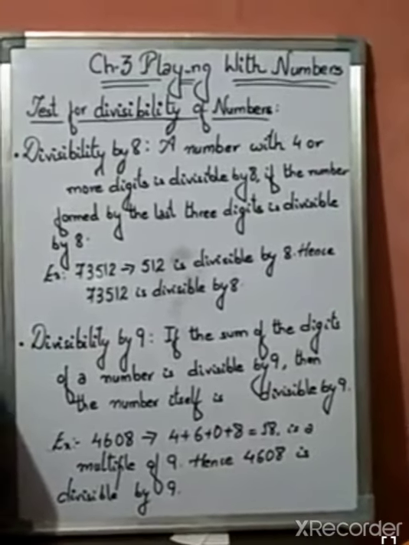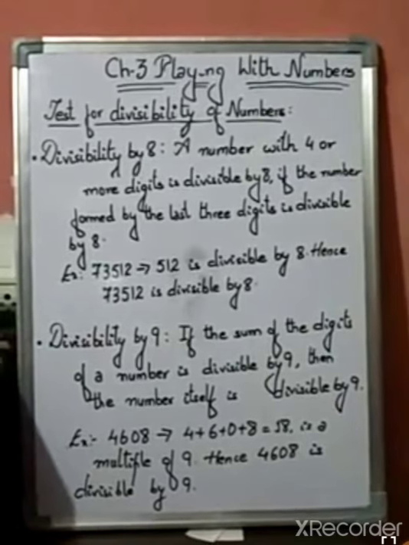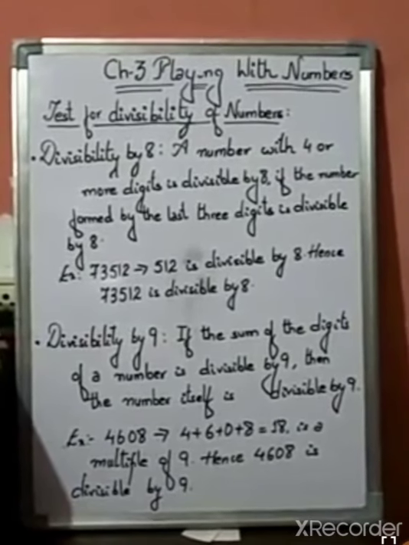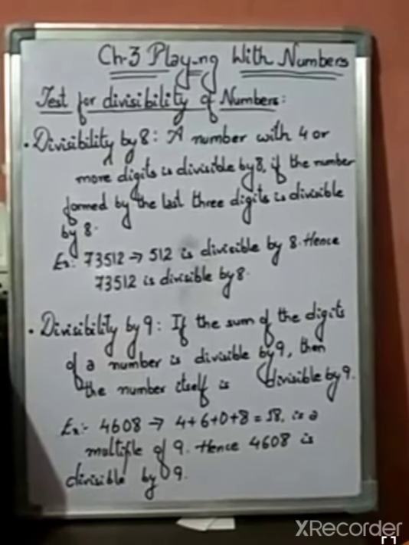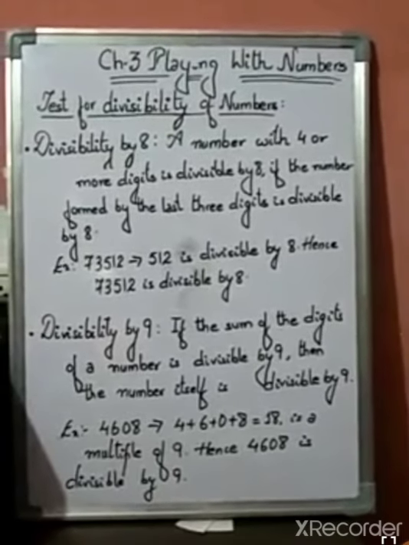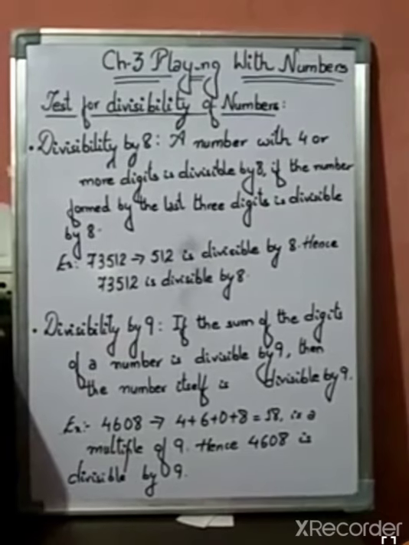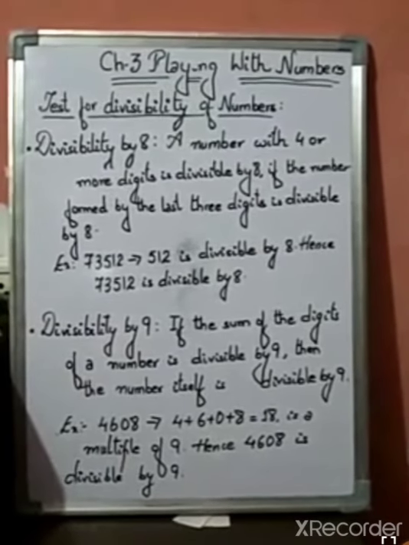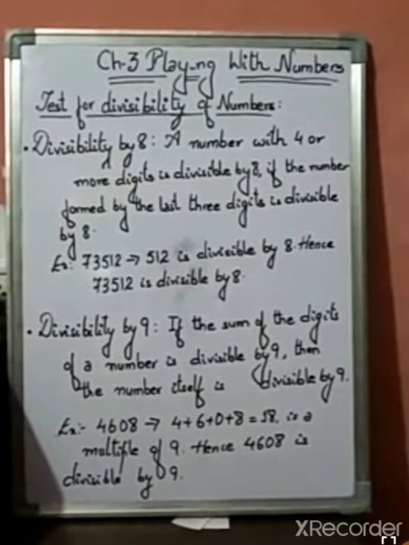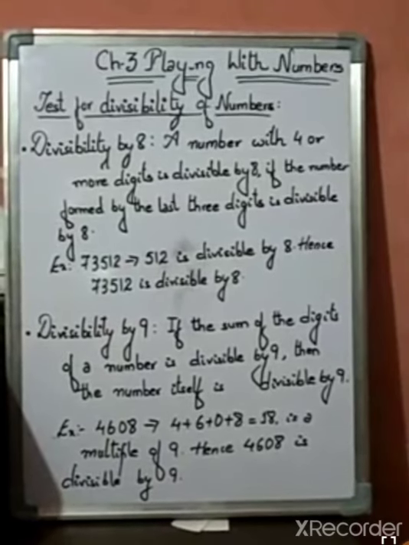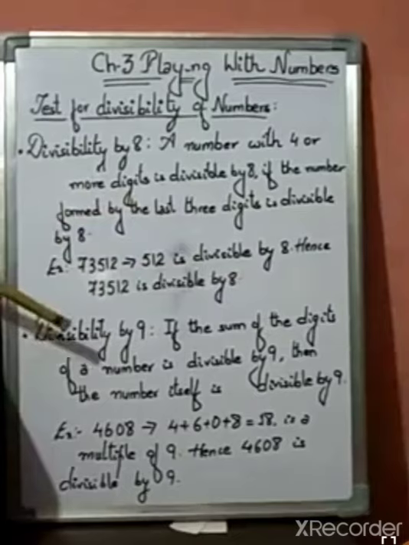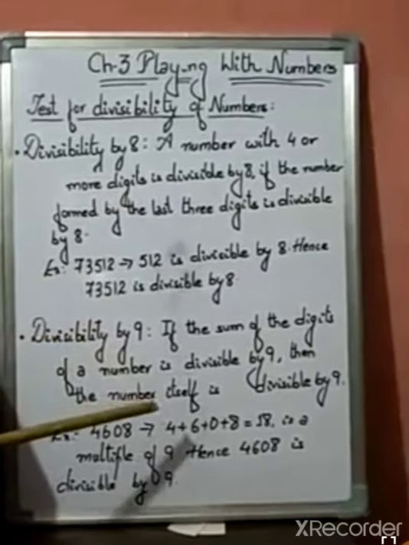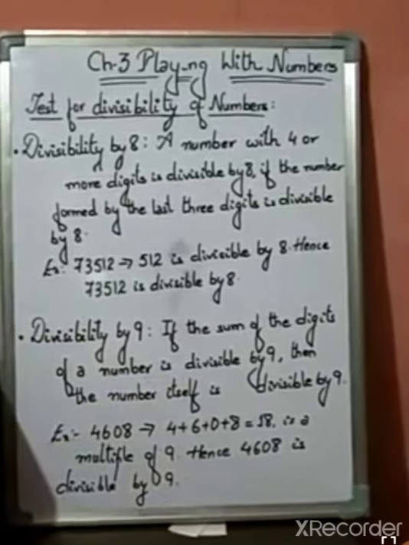Next divisibility rule is divisibility by 9. It is similar to that of the divisibility by 3 only. In divisibility by 3 we have to add all the digits and we check whether the sum is a multiple of 3 or not. Similarly, we are going to do the same here also. If the sum of the digits of a number is divisible by 9, then